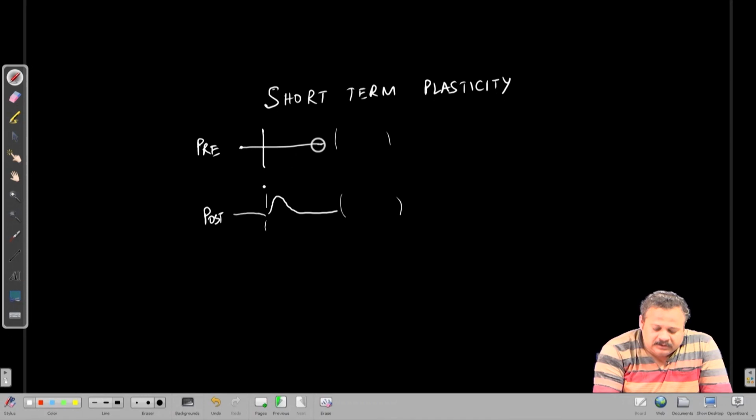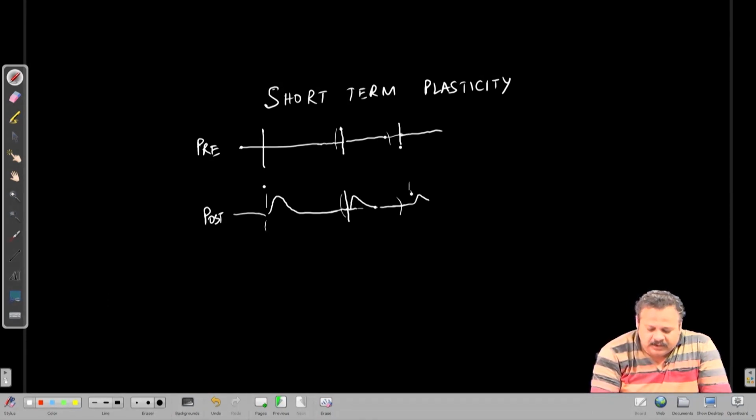Actually, in the short term plasticity case, the manipulation is simply producing another spike, and what we can see is that the synaptic strength may reduce here, and then with another spike the synaptic strength may reduce even further, and with another spike